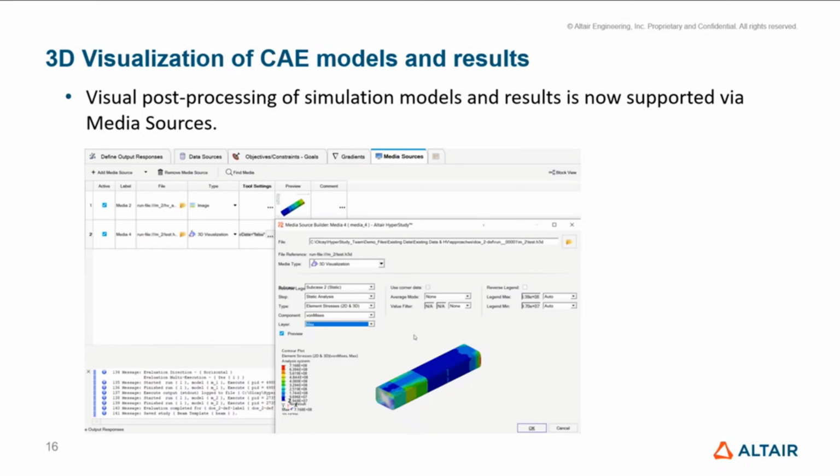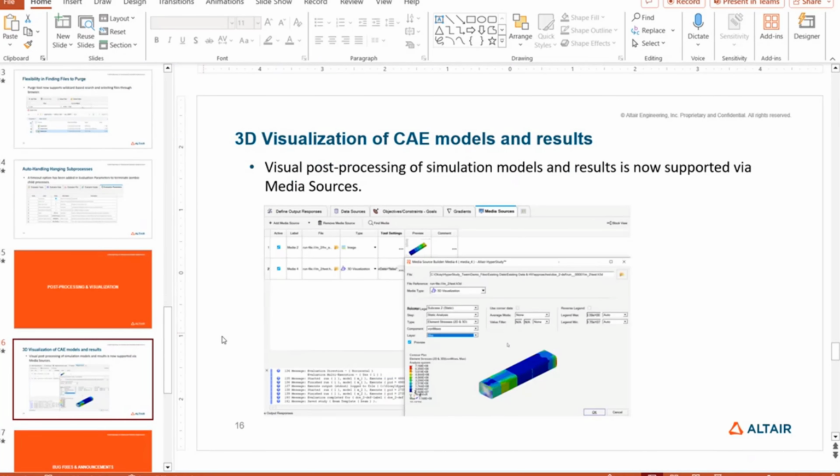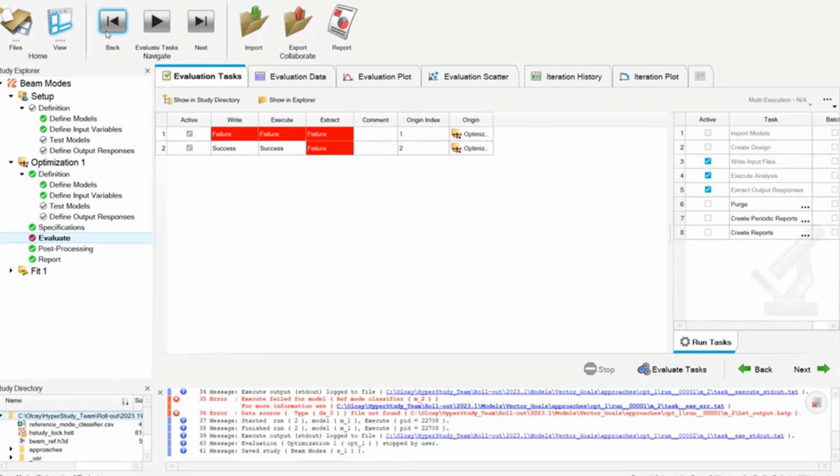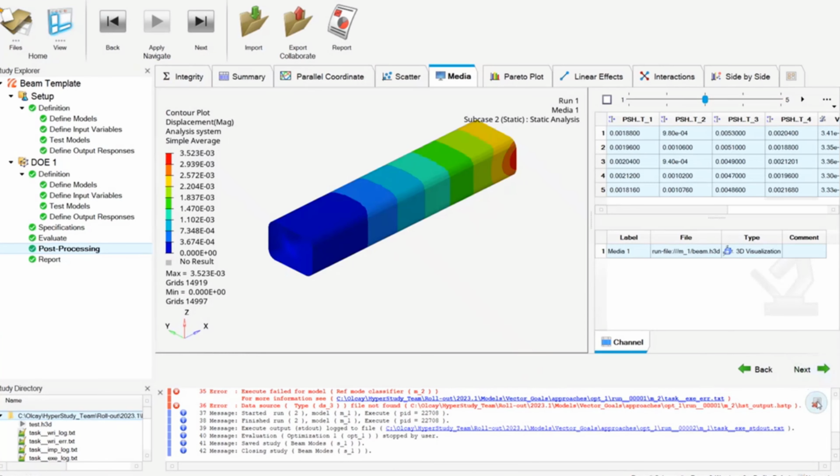The setup experience is going to be like the contour section in HyperView. And in terms of supported result formats, it's the same as HyperView. So whatever HyperView supports in terms of result files, we support them as well. And this will also be demoed. Okay, so